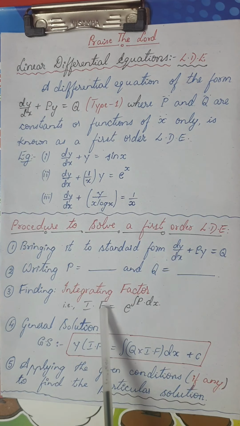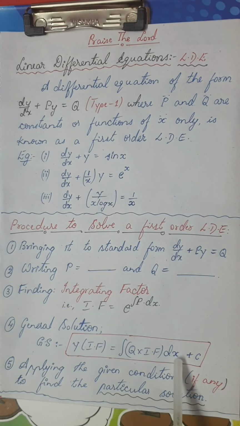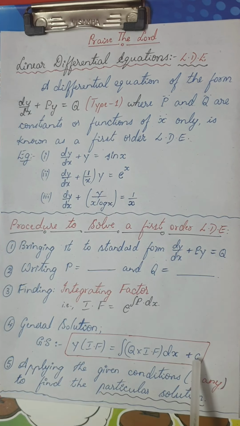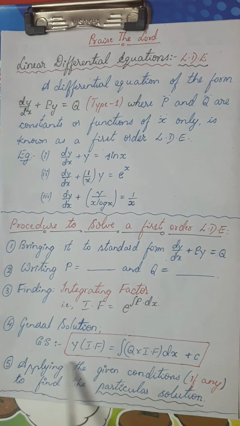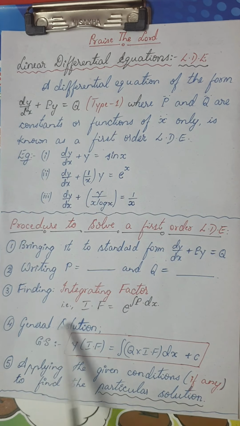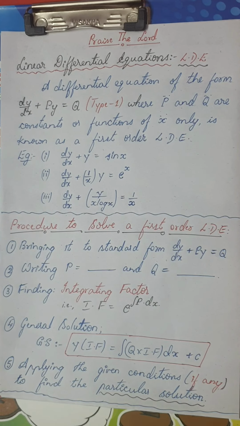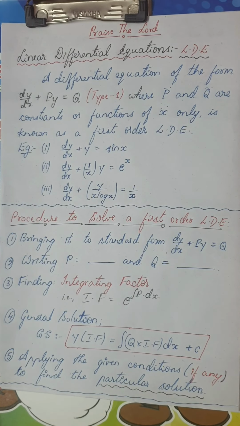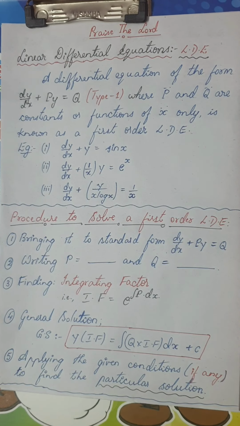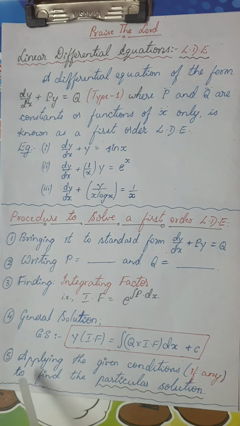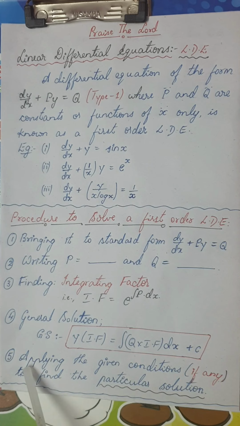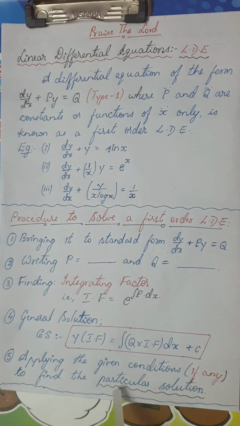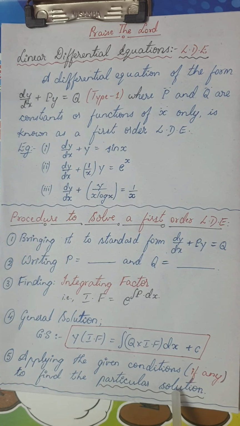So multiply the integrating factor in q and integrate that with respect to x, and this would be a constant of integration. Once you do this procedure, you will get a general solution. Okay, it's quite a very simple process. Once we start solving the problems, you will be thorough with solving it. Now look here, the last part is, sometimes they'll ask you to find out the particular solution.